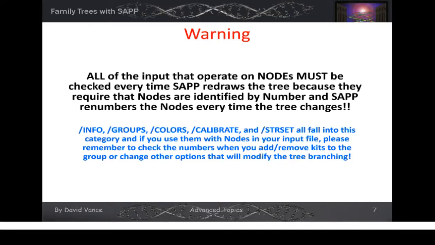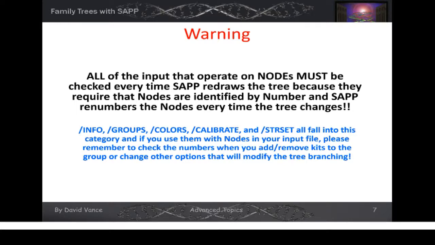So the optional parameters that use the nodes parameter are /info, /groups, /colors, /calibrate, and /STR Set. If you use any of those with the node designation in your input file, please remember to double check those numbers every time you either add or remove kits to the tree or change options that change the branching, because